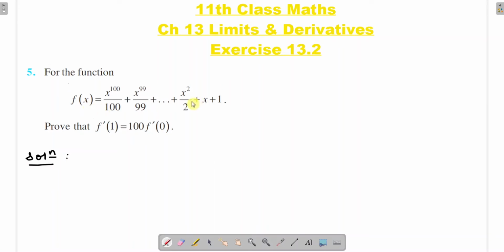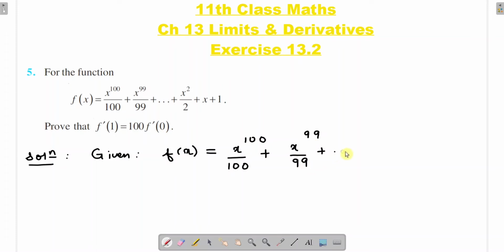What is given? Given is the function f(x) equal to x raised to 100 divided by 100 plus x raised to 99 divided by 99 and so on plus x square by 2 plus x plus 1. Okay,